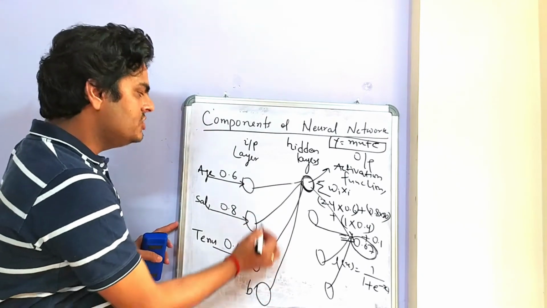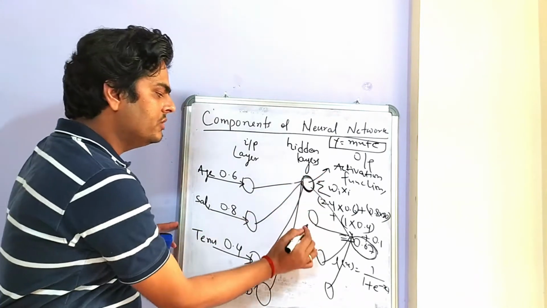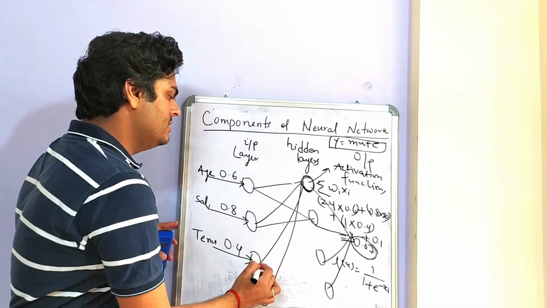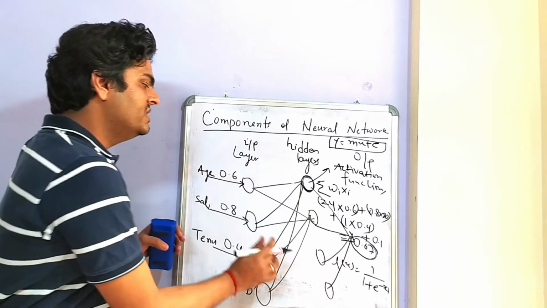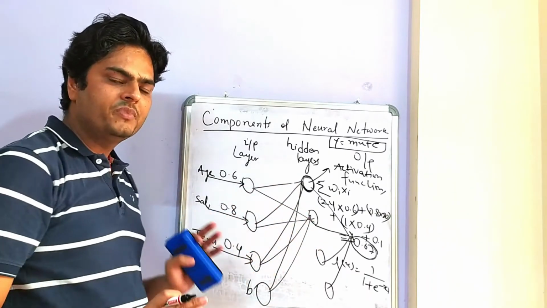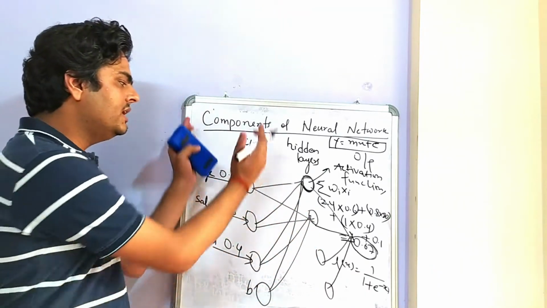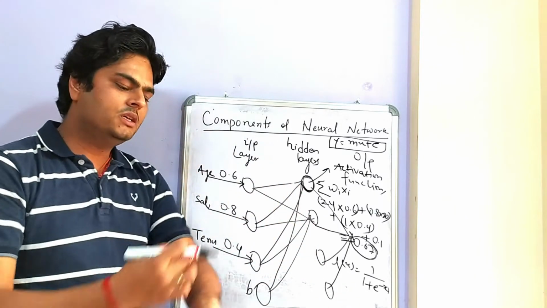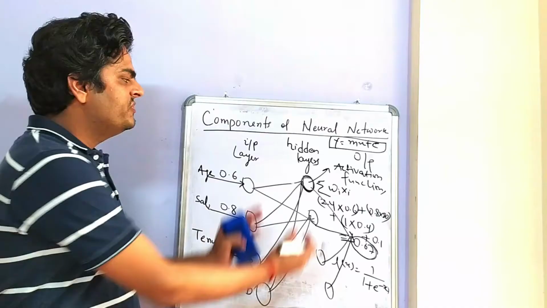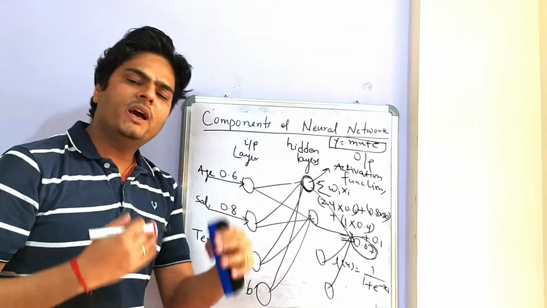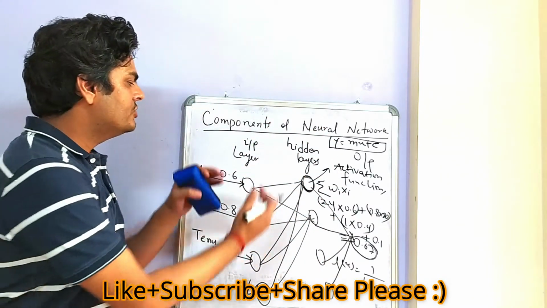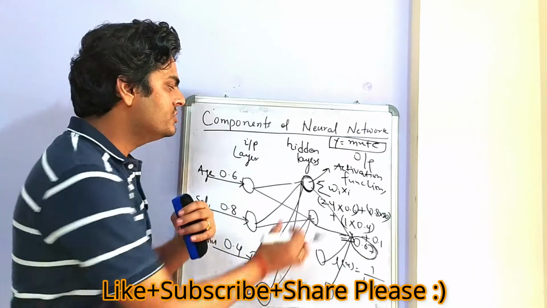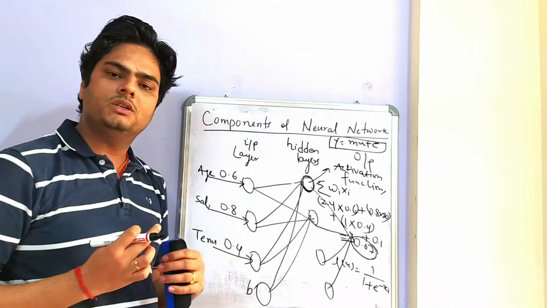Remember guys, all these neurons will get connected to every neuron in the next layer. So this will get connected to here, here, here as well as here. Similarly for other neurons as well. So we have discussed different layers. This is the input layer which receives input. In our case, the skin was receiving the input. This is the hidden layer which applies an activation function. So the activation function is what the neuron does internally.